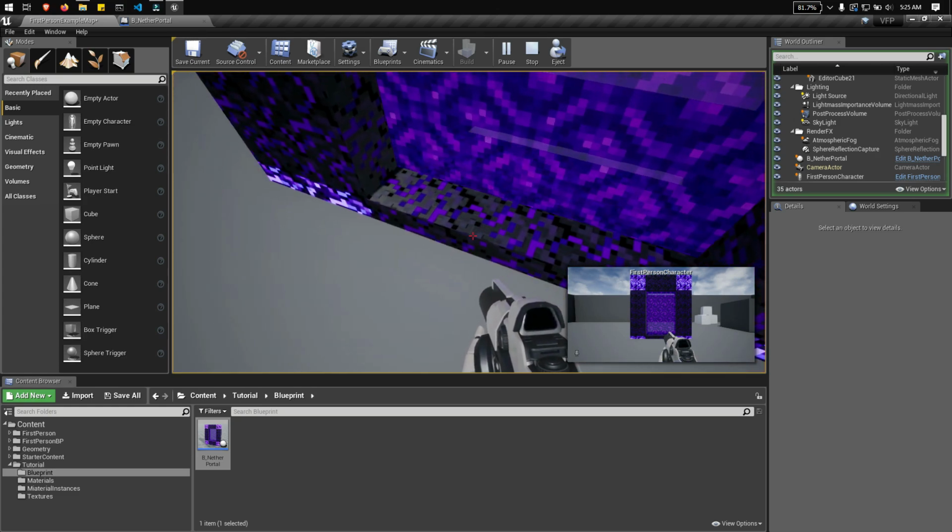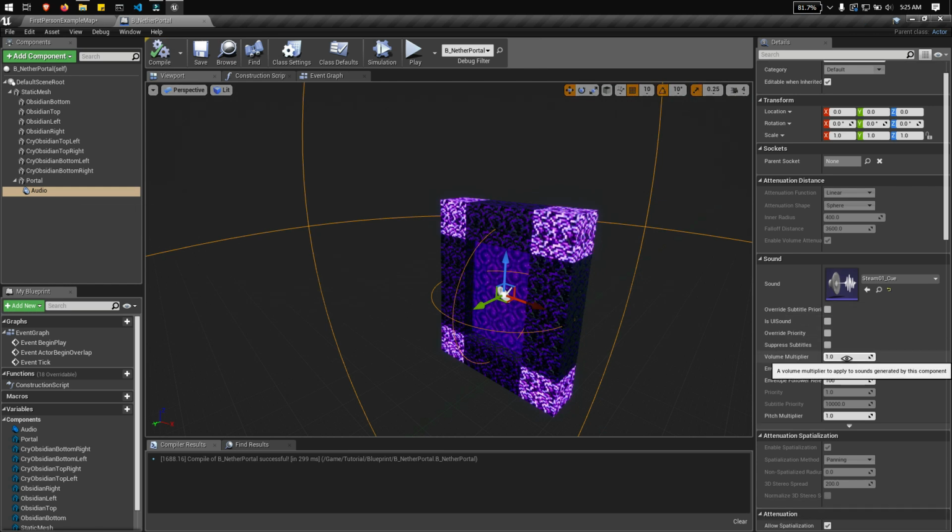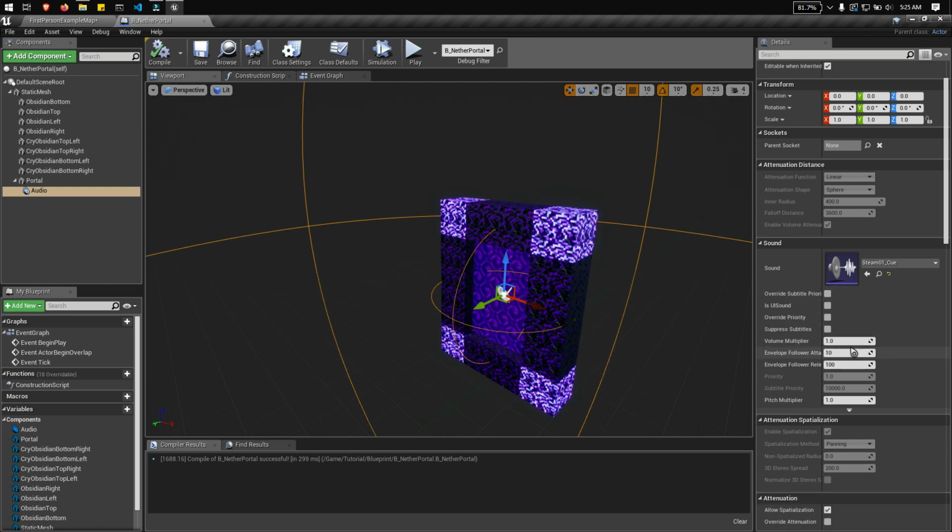So we can increase that audio and the pitch. Let's adjust that. In the audio, we have the default volume multiplier of 1. This is the volume of the cue that we have. Let's increase it to 4 to make it a little louder when we get closer. And for the pitch, the lower the pitch, the bigger the audio sounds. The higher the pitch, the thinner it sounds.